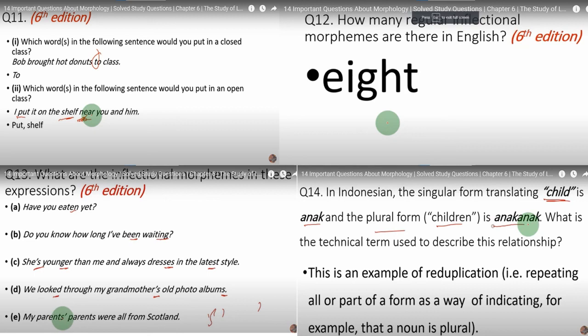Question number 14. In Indonesian, the singular form translating child is anak and the plural form children is anak-anak. What is the technical term used to describe this relationship? So here this is an example of reduplication. Reduplication, repeating all or part of a form, is a way of indicating, for example, that a noun